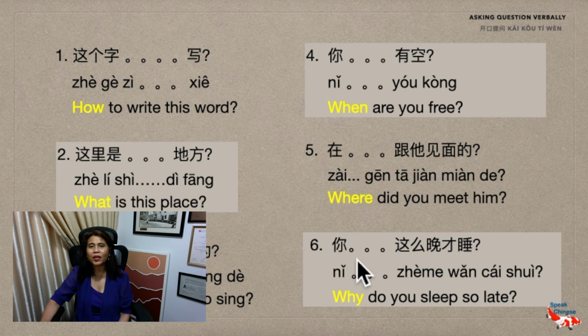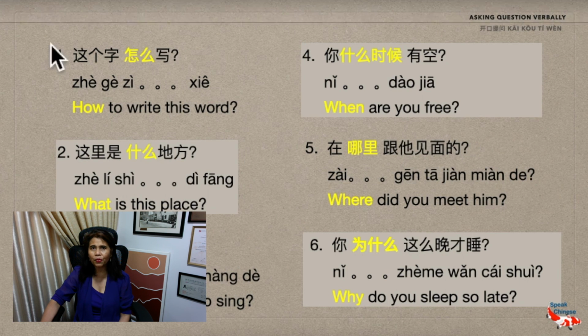Or 你为什么这么晚才睡? Now, as you can see, if I have the text in front of me and I'm reading to you, it's easier for you to see and understand what these words are. However, when we're having conversations, it doesn't happen that way. So we need to learn to sharpen our listening skills by speaking it, by practicing, and of course, we have to increase the pace as we move along.